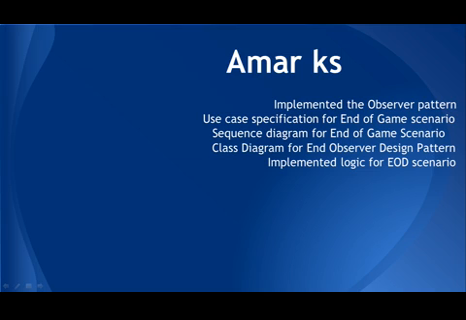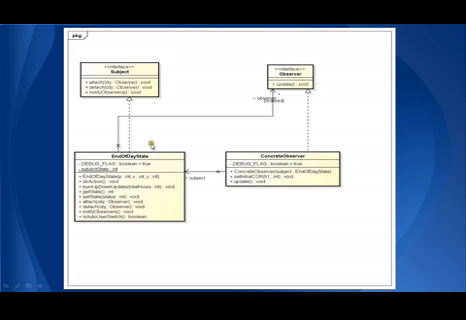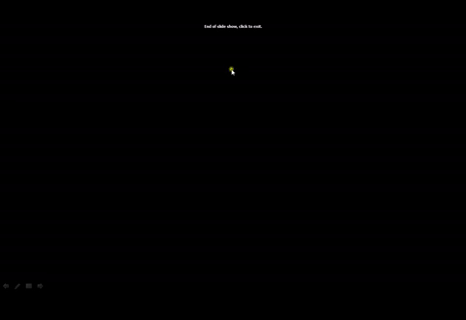I implemented the observer pattern, the use case specification for the end of game scenario, the sequence diagram for the end of game scenario, the class diagram for the observer design pattern, and the logic for the EOD scenario. The observer pattern is basically used to maintain a list of dependents called observers, where any changes happening will be notified to the observers. Let's see the class diagram of the observer pattern. The observer pattern has two interfaces, subject and